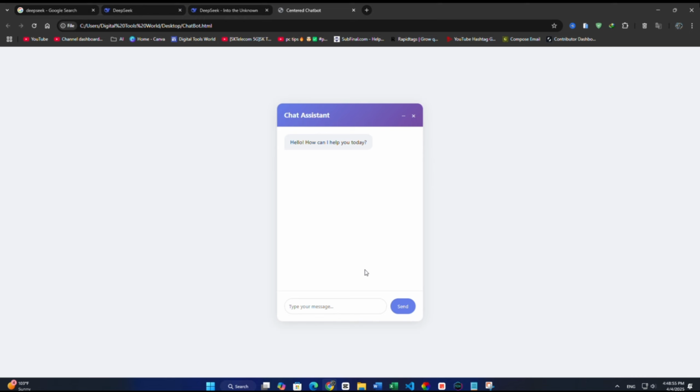And you can see that DeepSeek has created a really good chatbot. If you say hello, it will give you a simple response. But if you ask it any other question, you'll notice that it won't be able to answer. The reason for this is that we have created the chatbot using DeepSeek, but now we need to add an